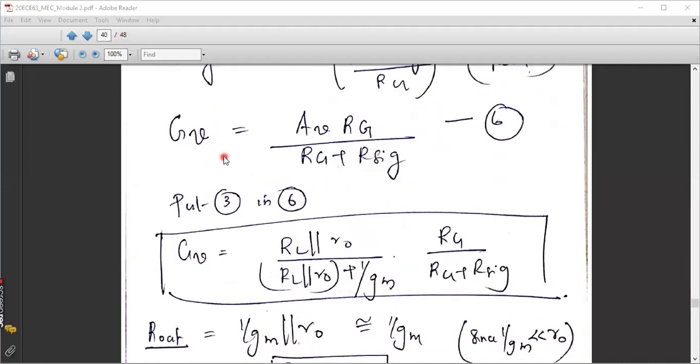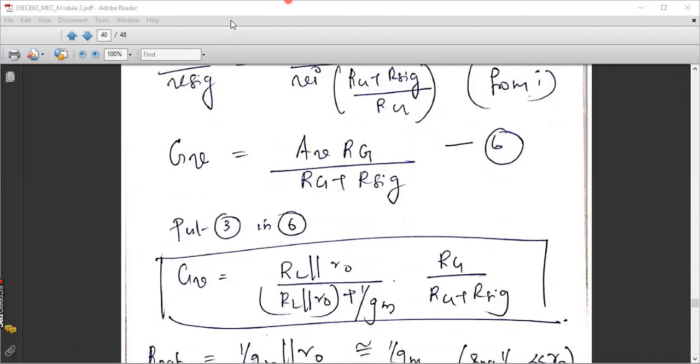Any doubts, students? You have to see which voltage I have to write in which terms. That should be in your mind. GV is the ratio of V0 by Vsig. So in that way, you have to write it in terms of V0 by Vsig. Wherever you are finding Vsig, you have to replace it with Vi, because already you got the ratio V0 by Vi, right? So that you can substitute. AV you can substitute in GV and rewrite the result.